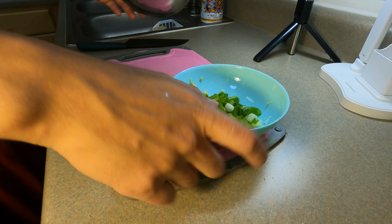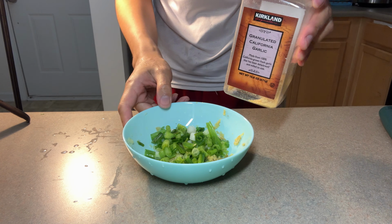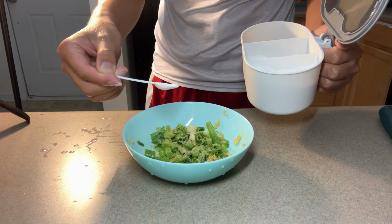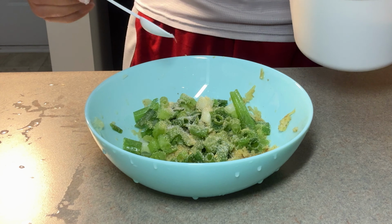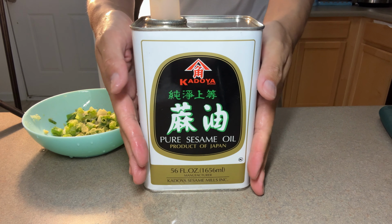Let's move on to the spices. I start out with a generous sprinkling of powdered dehydrated garlic, enough to scare off a vampire. Half a teaspoon of salt. Remember earlier I stressed not to oversalt your fish? This is why. Now the traditional recipe calls for some pure sesame oil, but if you don't have this, olive